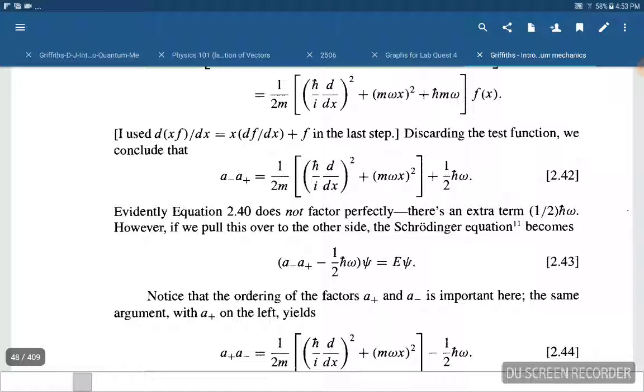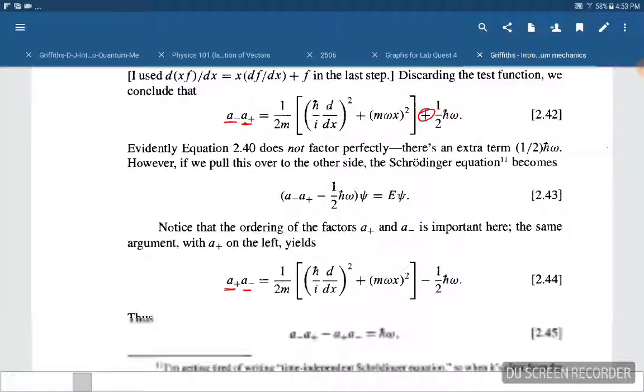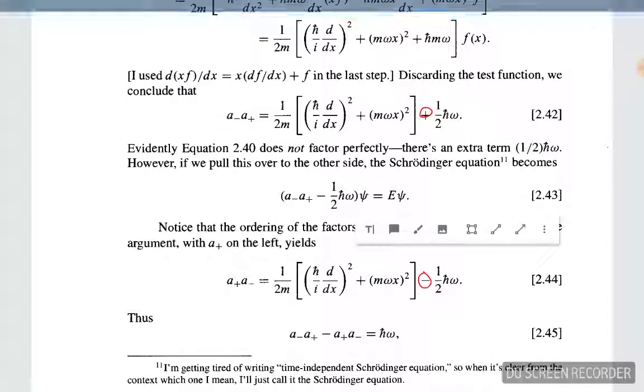Here you will notice that he has a plus sign. That's because he did A minus times A plus. I did A plus times A minus. That's the difference in sign. So if we do the whole process again, what we would find is the exact same result, just that sign is going to change,